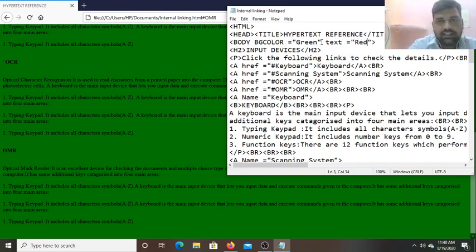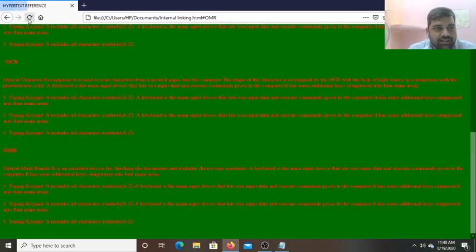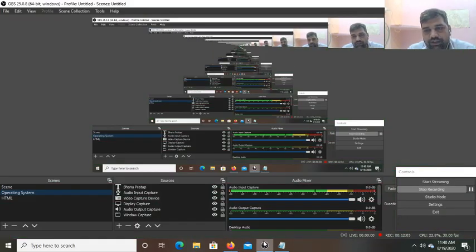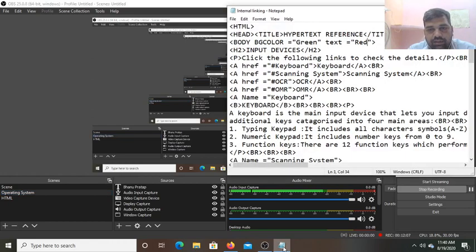Now Control plus S, save it, and after that refresh the web page. Now you can see all the text on the web page will appear in red color. So it is not looking good. Okay, so like this we do it. Now you have seen how we do it and how we execute it.